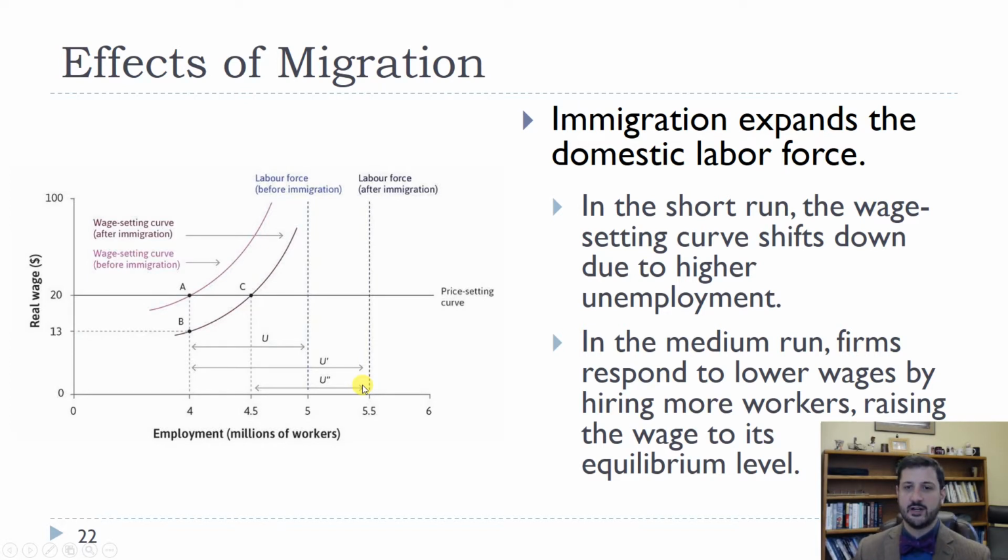If we think about the effects of migration in the long run, we sort of already saw this in chapter 9. And so in the short run, assuming that all those immigrants are unemployed, and that's not necessarily a reasonable assumption, we get that drop in the real wage and an increase in the unemployment rate, right, from U to U prime. But then we get a shift out in the wage setting curve after immigration, and because wages are lower, we get more firms hiring, and the real wage goes back up to where it was before, and the unemployment rate goes back to where it was as well. But again, that's a long-term process, and there can be short-term costs.